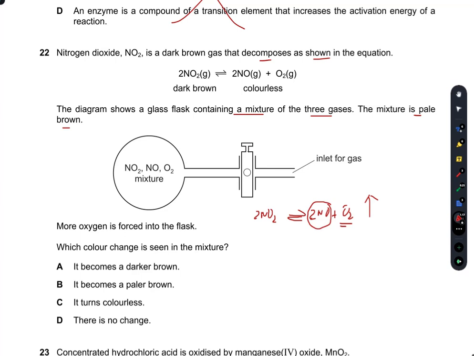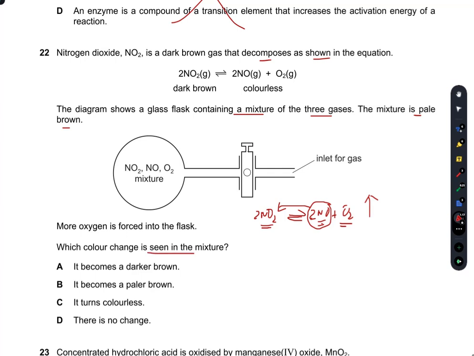Now if I increase the concentration of oxygen here, then NO will work as a limiting reactant. It will continue to produce the same amount of NO2 on the left hand side. Despite that, there are now many hundreds of moles of oxygen, suppose. So NO here will work as a limiting reactant, and it will suppress the amount of NO2 formed due to its lower amount. So which color change is seen in the mixture?